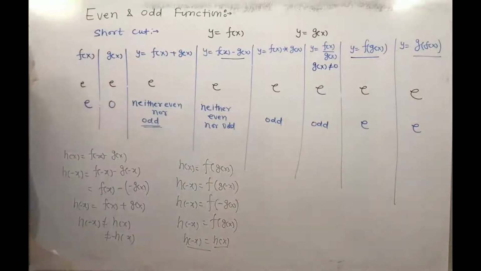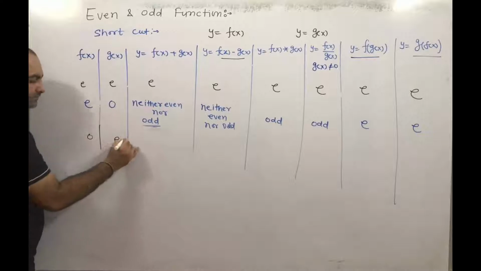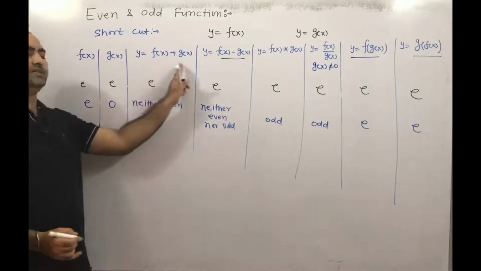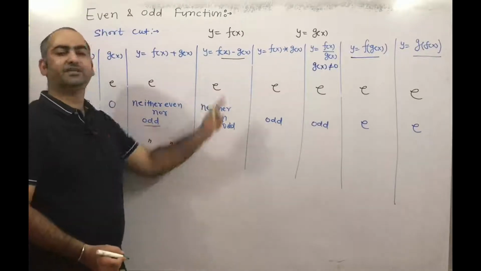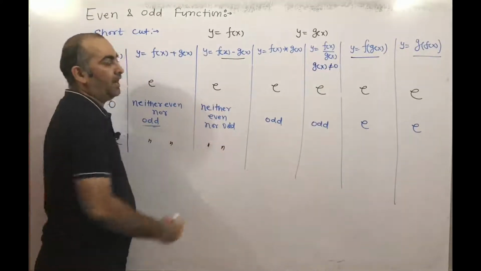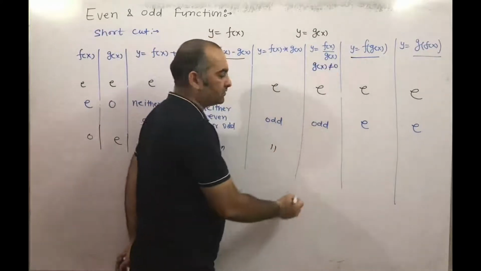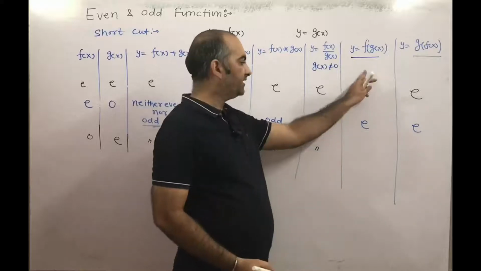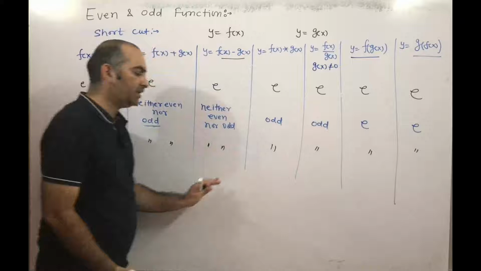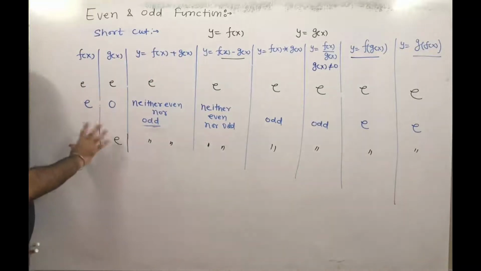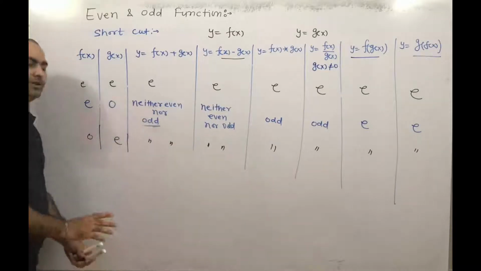Next, we are discussing that if f(x) is odd and g(x) is even, then f(x) + g(x), the same thing we can say here, is neither even nor odd. Similarly, f(x) - g(x) is also neither even nor odd. And f(x) into g(x) will come out as an odd function only. Similarly, f(x) by g(x) will also be an odd function. f(g(x)) will be an even function, and this is also an even function. So the same thing will come here. If one function is odd and one function is even, this condition will be followed. If you want to check, you can check.